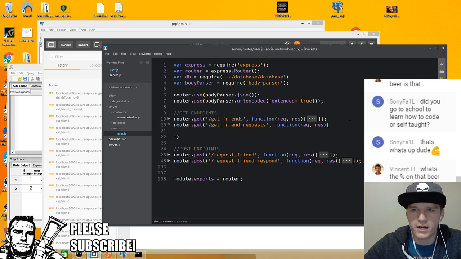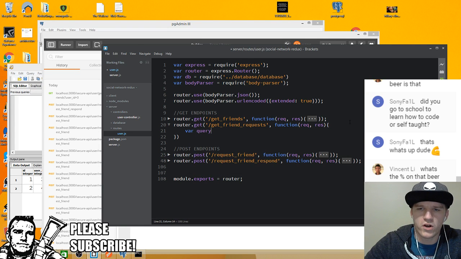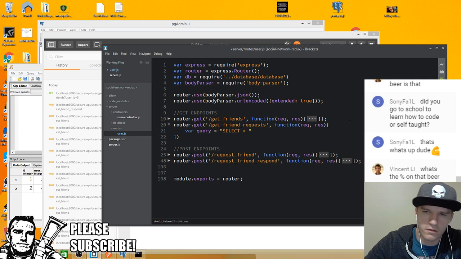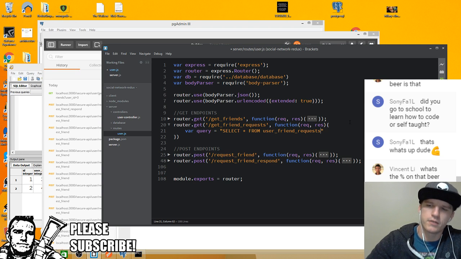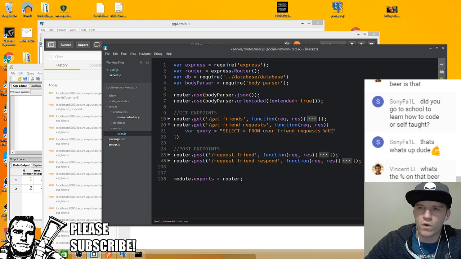And then from there, I'm going to say our query is going to equal select all from user_friend_requests where received_ID equals,